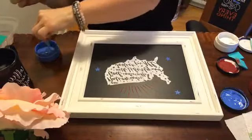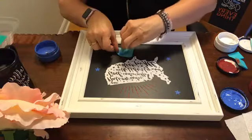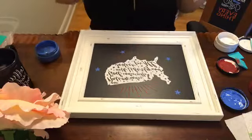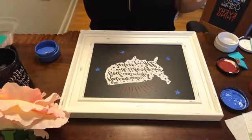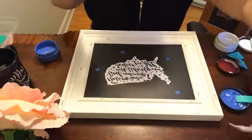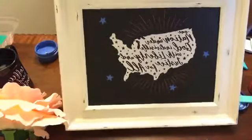Now notice that when it's a small design like this, you can just reuse it over and over again. You don't have to clean it in between. If it's a larger transfer, you will find that you will need to do that. But these little ones, easy peasy. So, I don't know, 4 stars I think is probably pretty good. So I think that, let me give you a little blue. There we go. And our